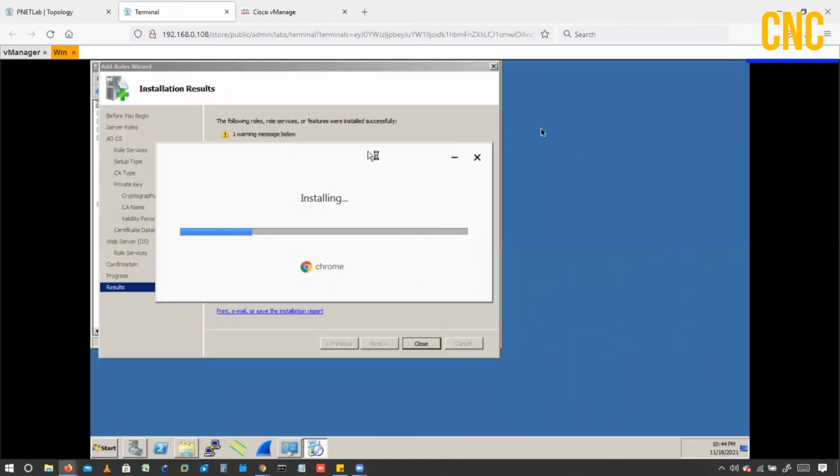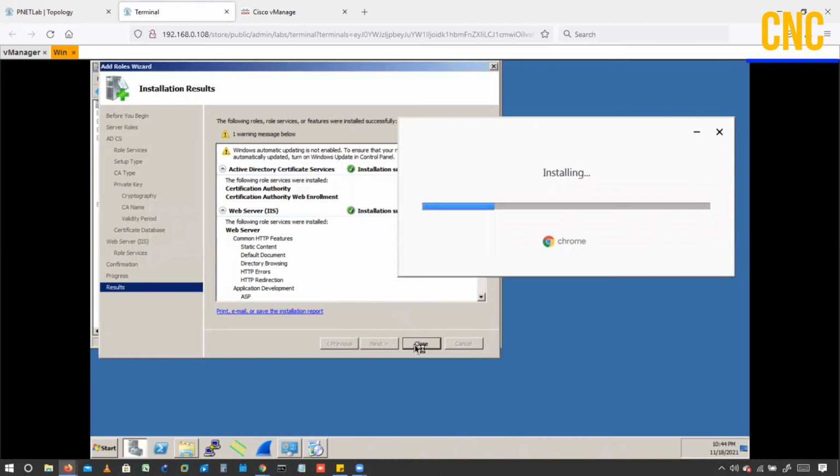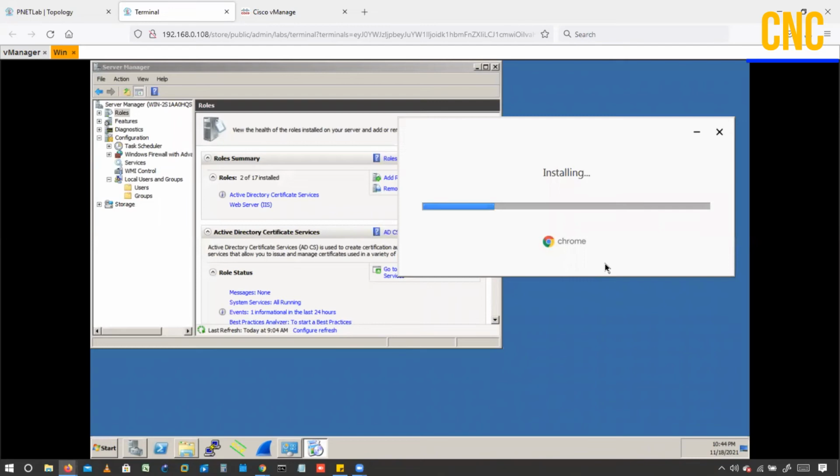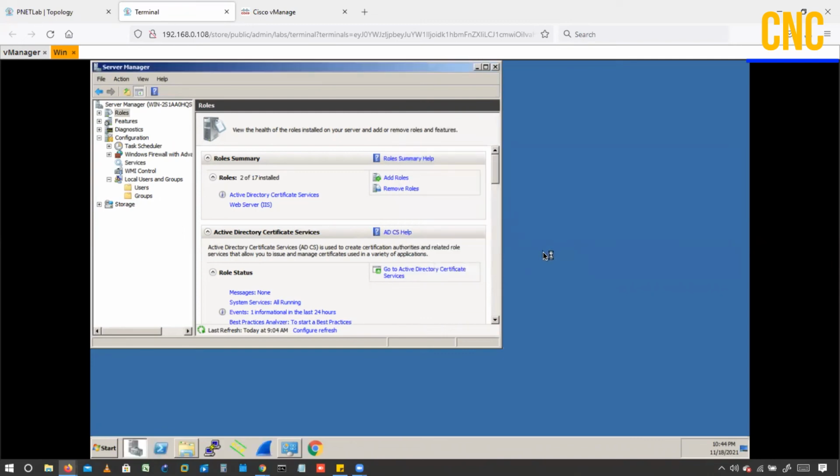Okay, this is also done. Fine, just close this one. So from this device, we have to download the root certificate. Okay, and that root certificate will be uploaded on the vManage. Okay, done. Now let me access.